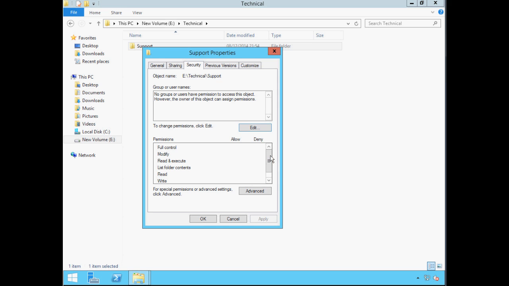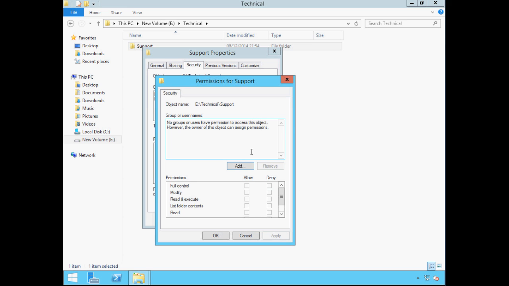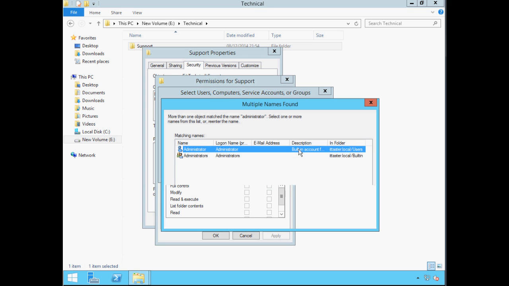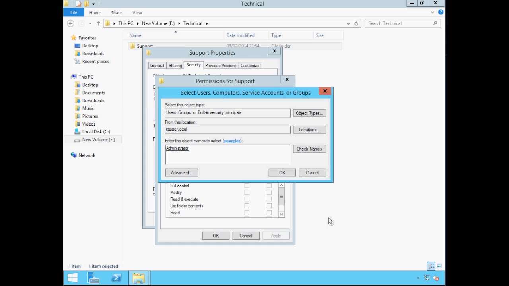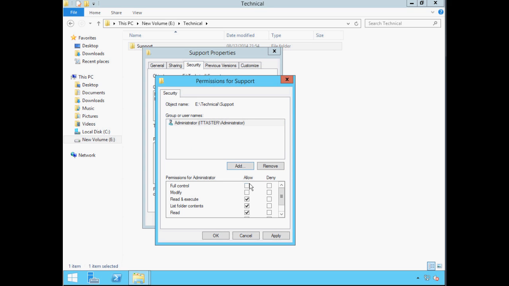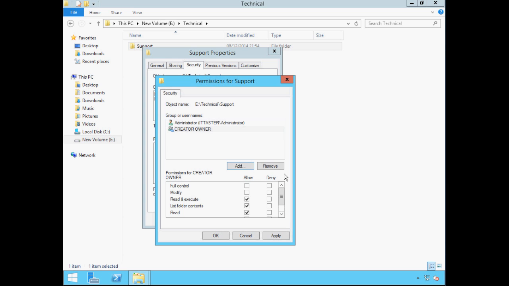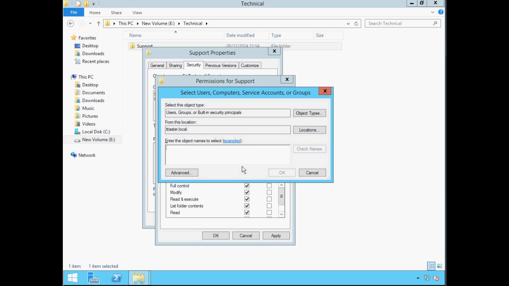Let's add some groups and permissions again. Let's add the administrator, and assign full control. Let's add creator owner and assign full control, and add system.